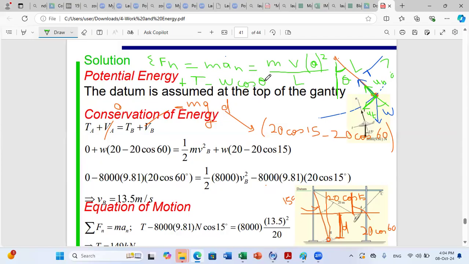Equals mv square over L. So now, what is T as a function of theta? T as a function of theta is equal to mg cosine theta